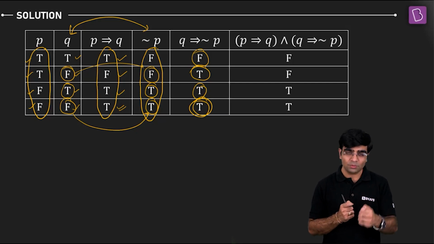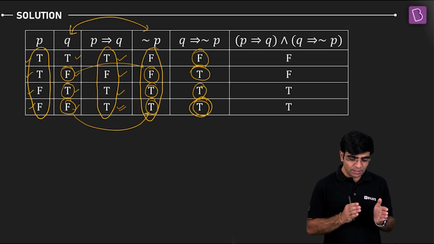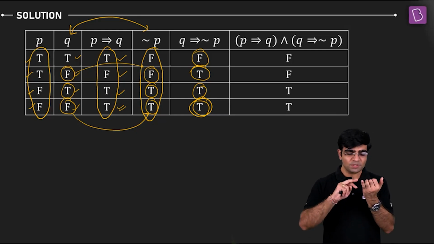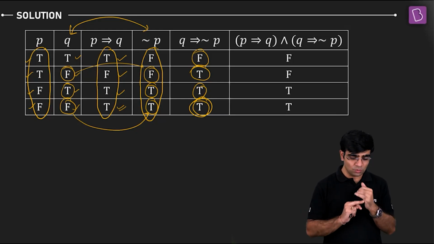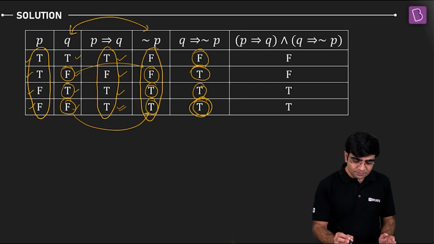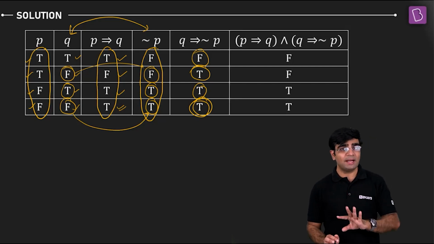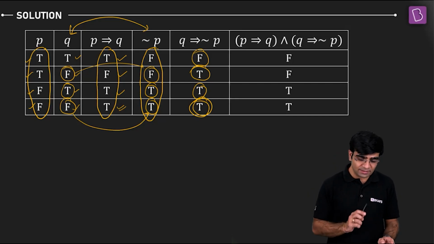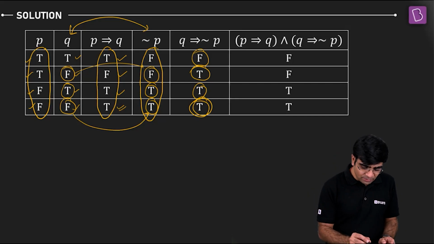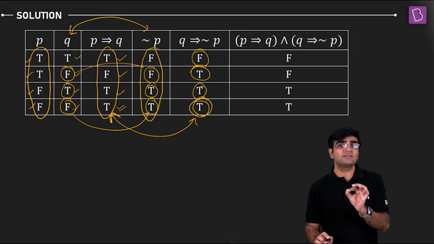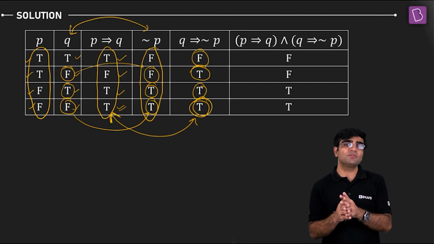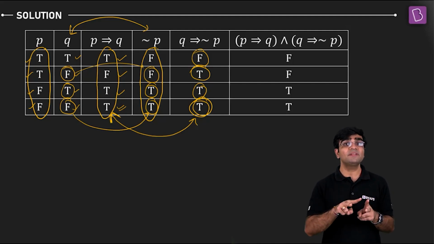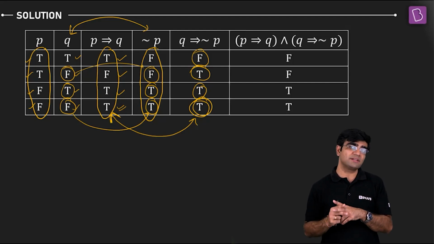False, true, true, true. Can you relate it to either of the columns here? See, my options were P, negation P, Q, negation Q. Please try to relate, right? So now I'll see the AND table. Let's quickly see the AND table of it. I'll be applying the AND result between this and this. The AND operator says that if either of the statements is false, the resultant has to be false. Only if both the statements are true will the resultant statement be true.